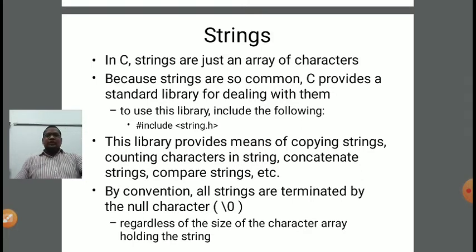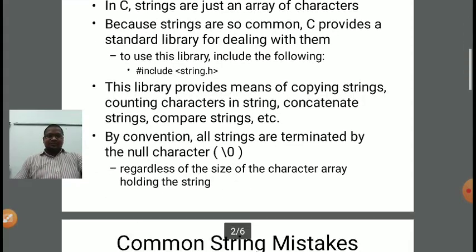Now there are also two concepts: length and size. Length means the actual number of characters residing in a particular string, and size means the maximum number of characters allowed in a string. Suppose I write char name[20]. It means a maximum of 20 characters can be inserted in this string. But suppose I insert Rajendra, my name, which is a collection of only 8 characters. So the length of the string will be 8, and the ninth character will automatically be \0, the null character.